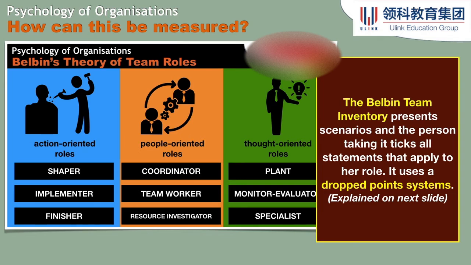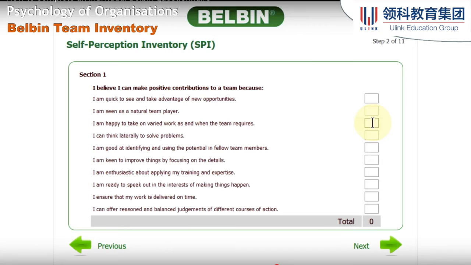It uses something called a dropped points system. With most of the self-reports that we've used in the past, or any report for that matter, we often see things like Likert scales, rating scales, and things of that nature with numbers. This also uses numbers, but it uses something called a dropped points system. And what does that mean? What that means essentially is that you cannot distribute points or you cannot assign the same high values for each thing.